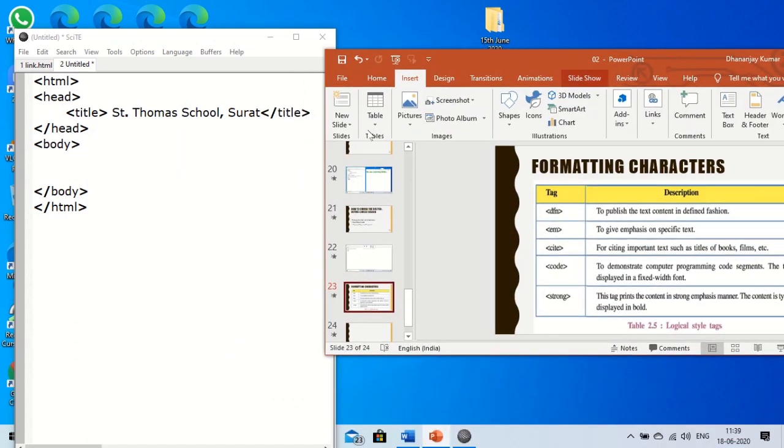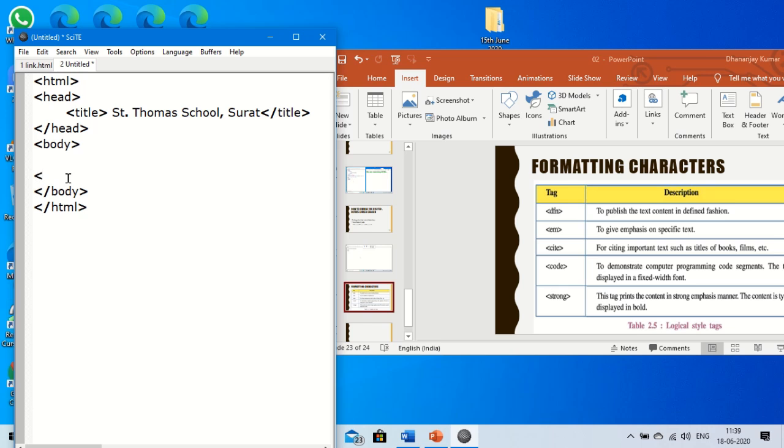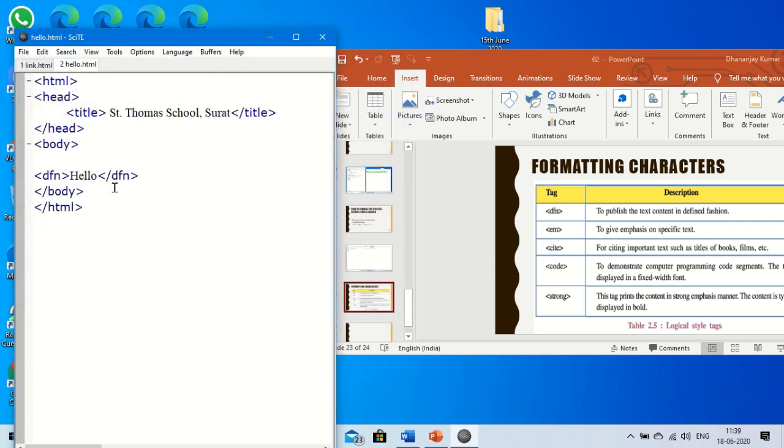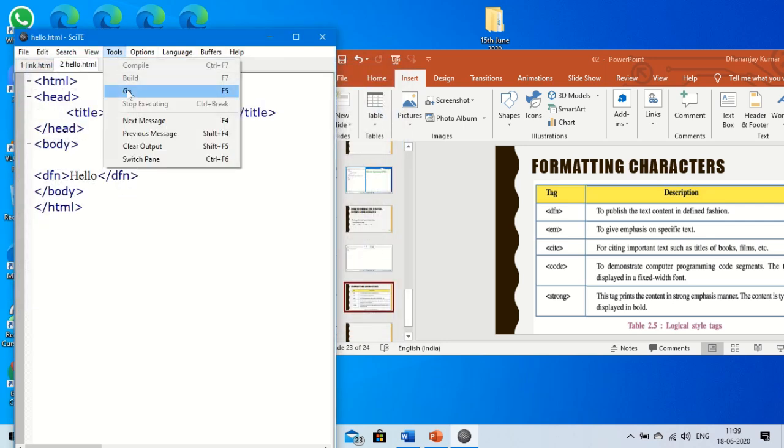I'm going to use this. I want to write here DFN, then hello, DFN, and let me save it first. Hello.html, and let me click on the go.